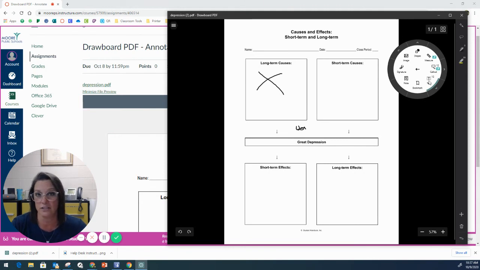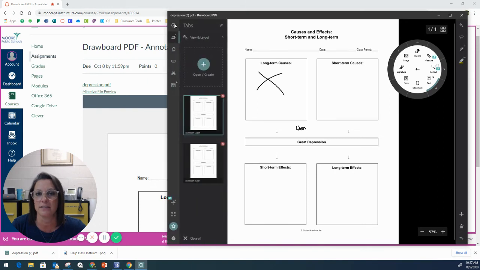If you have a student that doesn't have a touch screen and they want to add that text box, they can add a text box and type their answers in. So these are all great things. The one thing you need to remind your students of is that when they are done, this is not an autosave program. They are going to need to click on the little floppy disk and save that file back